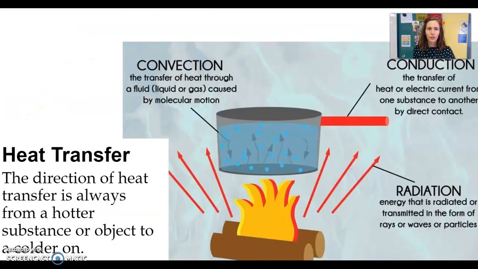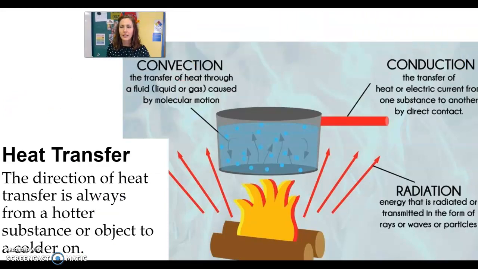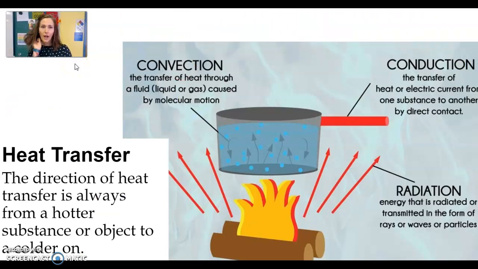So heat transfer, we can transfer that heat in a couple different ways. And the direction of heat transfer is always from hot to cold. Heat is always transferred from the warmer, hotter object or substance to the colder one. So convection is one type of heat transfer, and that is when heat is transferred through a fluid caused by molecular motion. If you have a convection oven, it blows the air around the oven to keep it more evenly distributed,